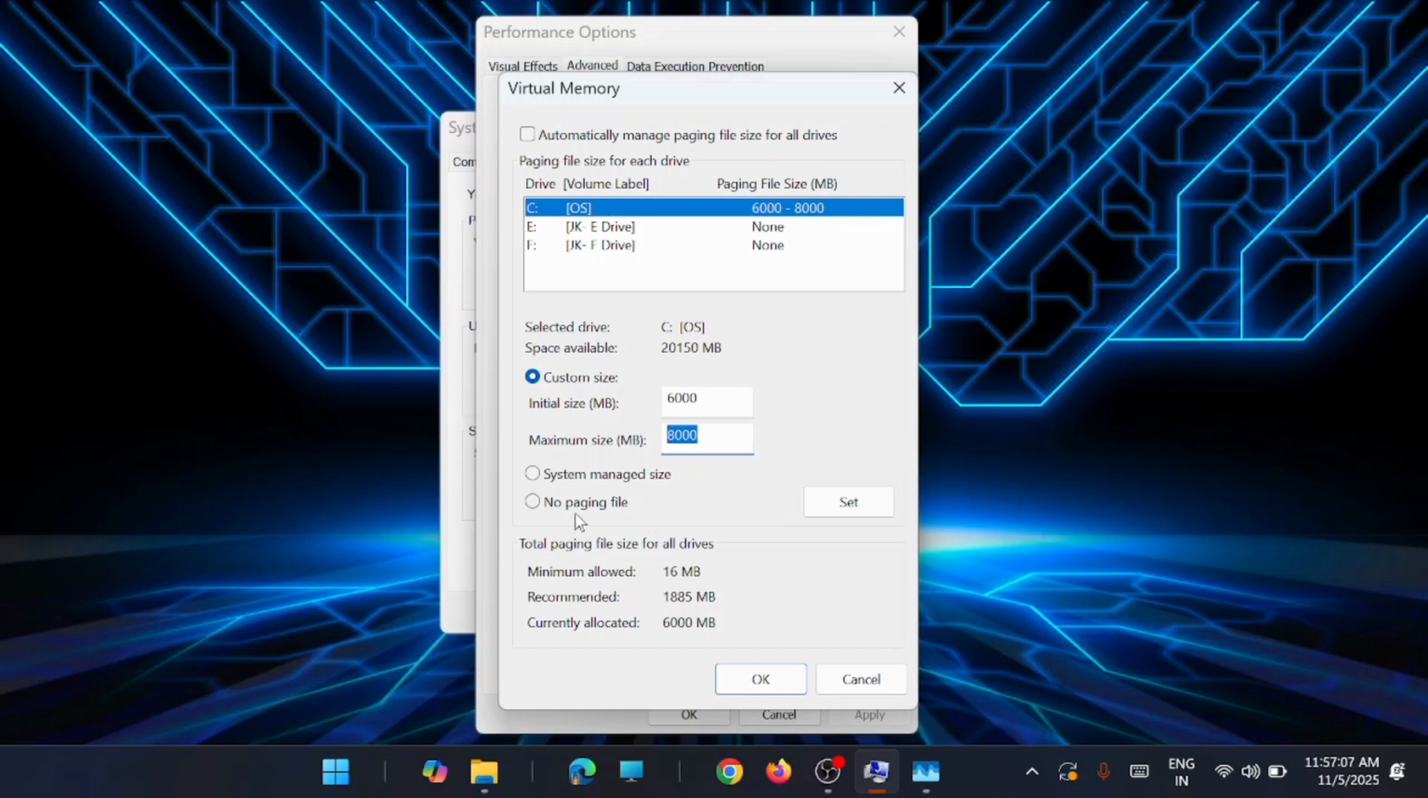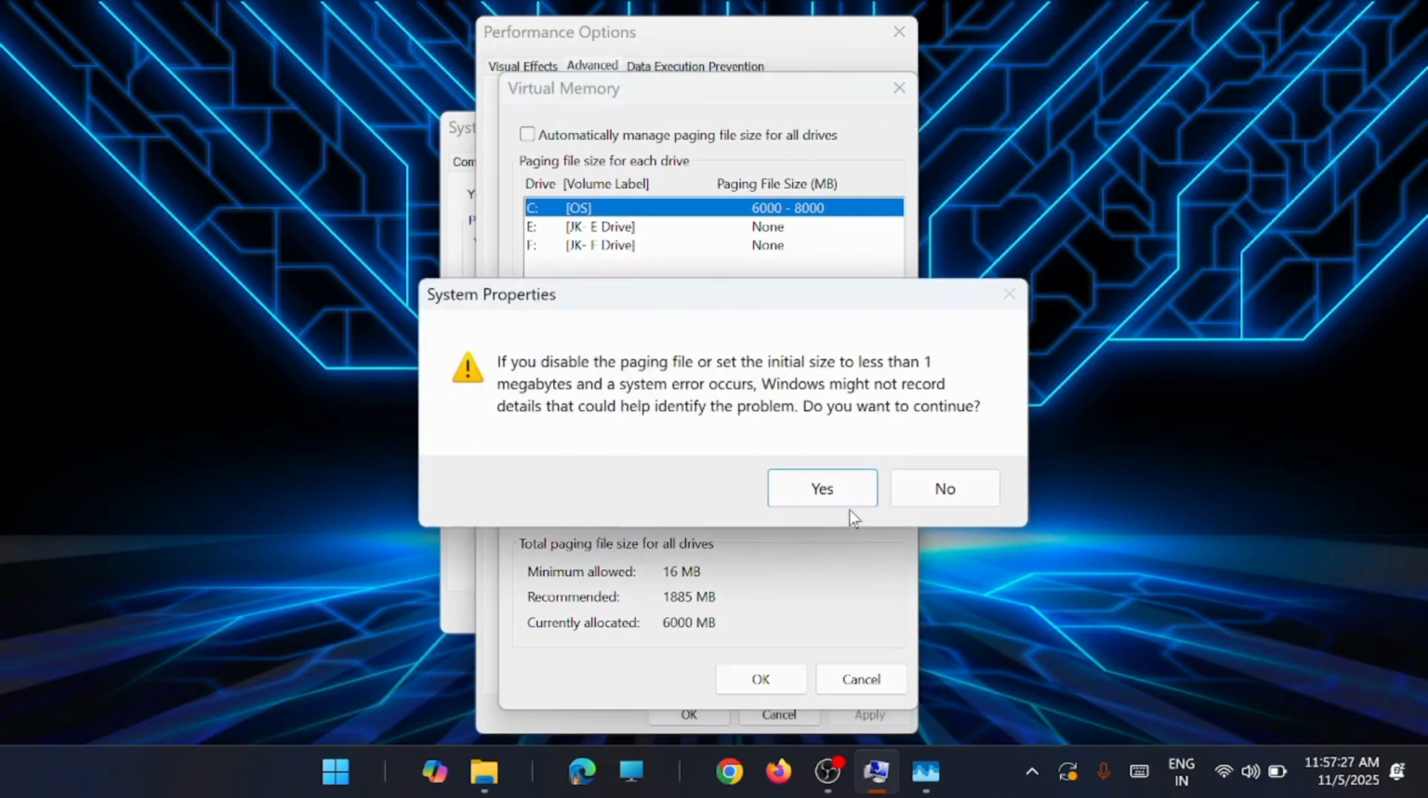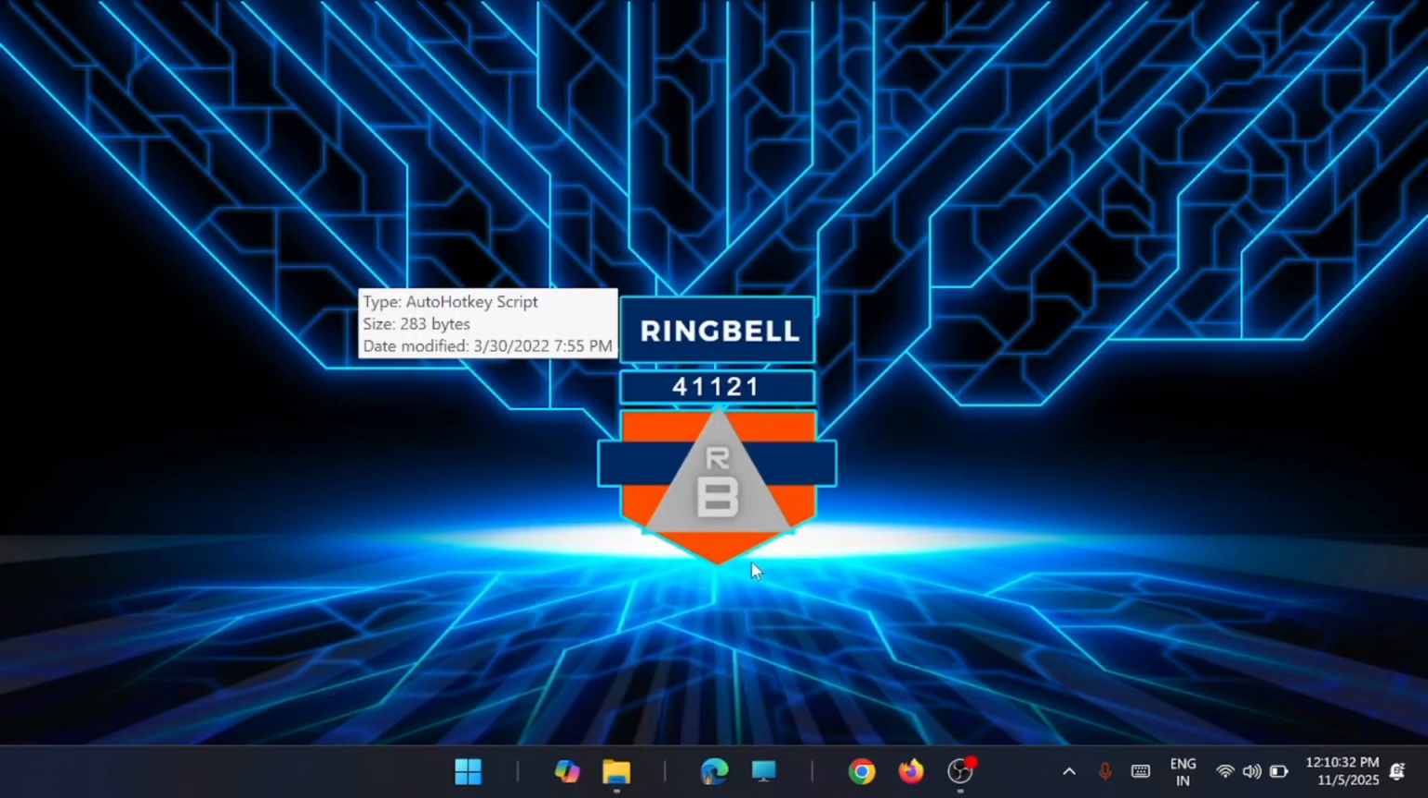Also, there is an option here, no paging file size. If you set no paging file size, the page file will be set to 0 and will not take any space from your C drive. If you click on set, it will give a warning that if you disable the paging file or set the initial size to less than 1 megabyte, whenever system errors occur, Windows will not be able to identify them. Now I have restarted my system